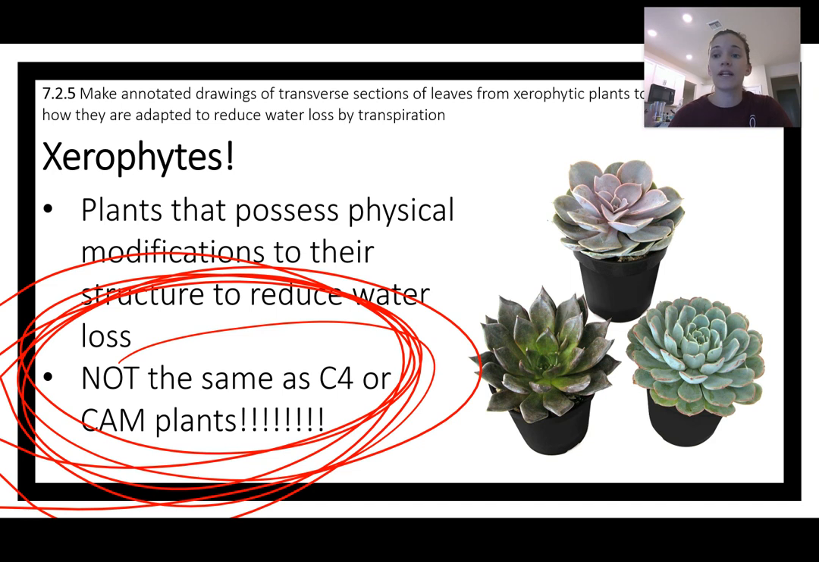C4 and CAM plants, I'm sure you guys learned about those in AP, but that has to do with photosynthesis and how that plant goes about photosynthesizing. So, unrelated. Xerophytes just have certain physical modifications to help prevent transpiration. C4 and CAM plants are doing photosynthesis differently. Not to say that xerophytes probably don't use those, but they're not overlapping. It's like,